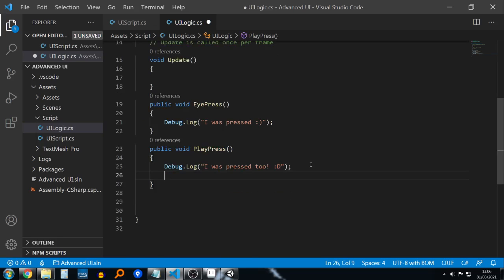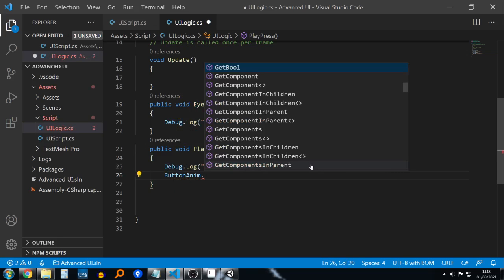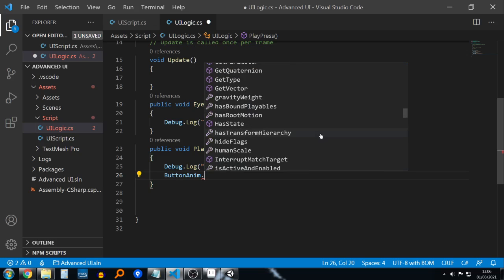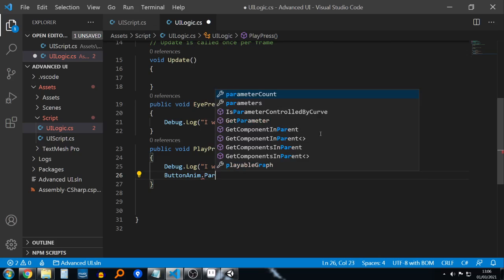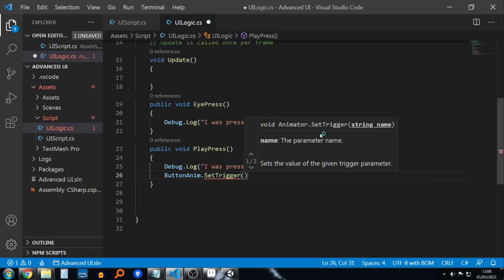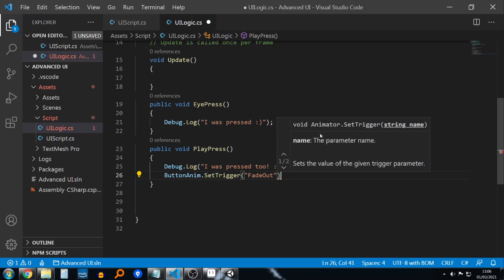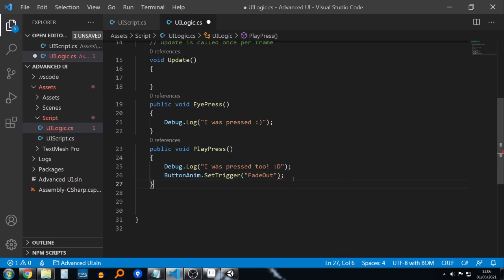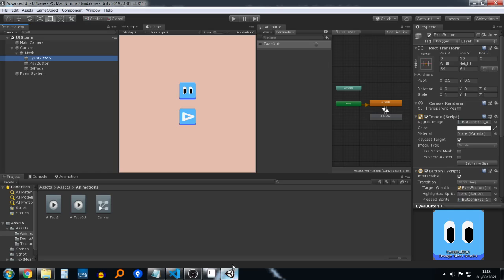Okay, and what we're going to do as part of this is, oh gosh, I'm trying to remember what it is. So it's button anim, and then, sorry, I just remember the stuff off the top of my head, it'll be parameter, is it? Oh no, it's trigger. So set trigger, and then we just need to give it the name of the trigger itself. So this will be fade out, I believe it was called. So that should now work with just that little piece of code, emphasis on should. So if we click that,